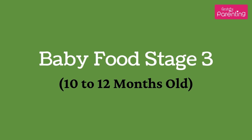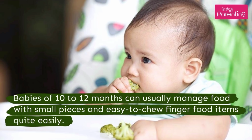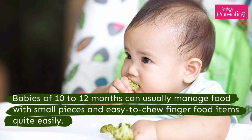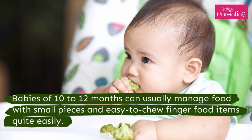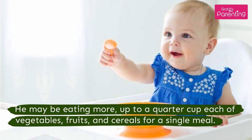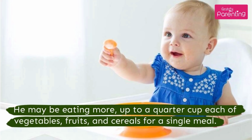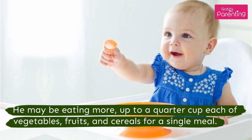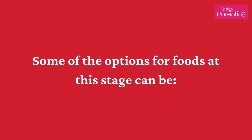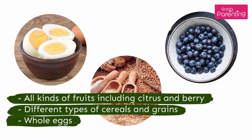Baby food stage 3 for 10 to 12 months old. Babies of 10 to 12 months can usually manage food with small pieces and easy to chew finger food items quite easily. He may be eating more, up to a quarter cup each of vegetables, fruits, and cereals for a single meal. Some of the options for foods at this stage can be all kinds of fruits including citrus and